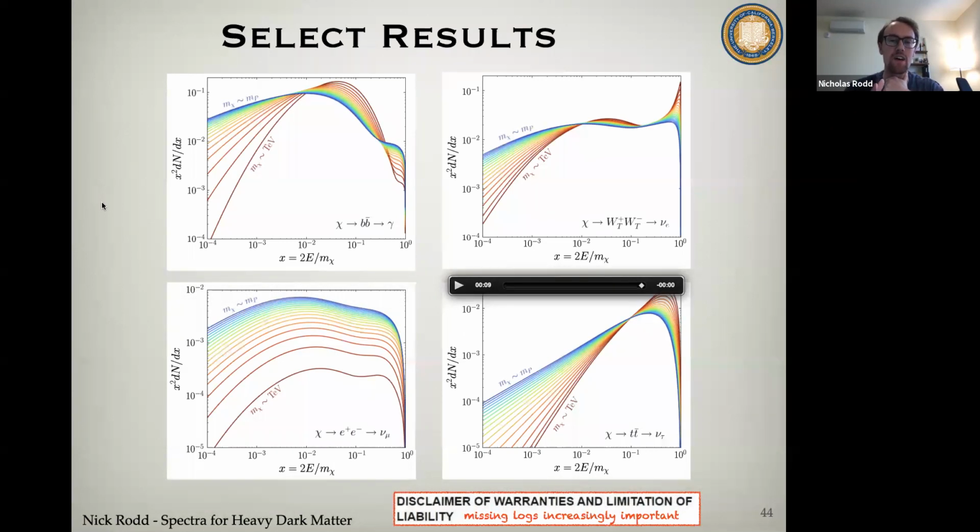One aspect, though, that I think is quite interesting about this is that you can see a more generic feature: as I go to higher and higher masses, the evolution is slowing. The rate at which it's slowing depends upon the channel, but you can see that generically it is slowing down. Like the difference between a Planck mass and 1 order of magnitude below that is not anywhere near as great as going from a TeV to 10 TeV.